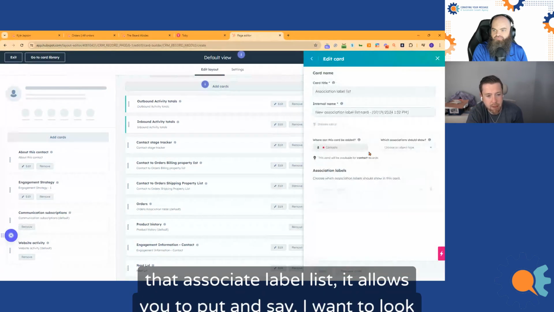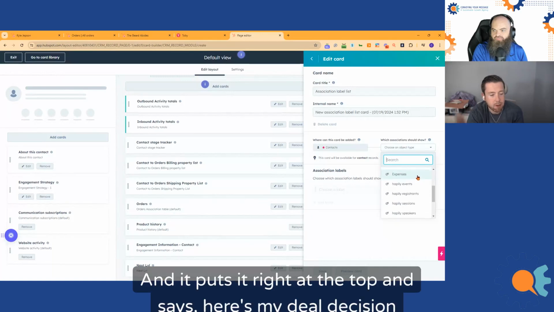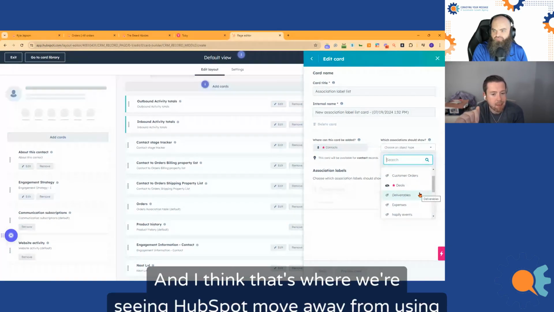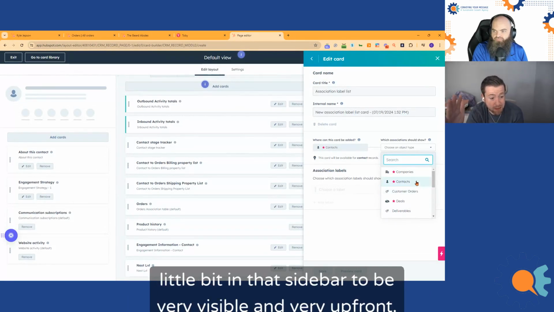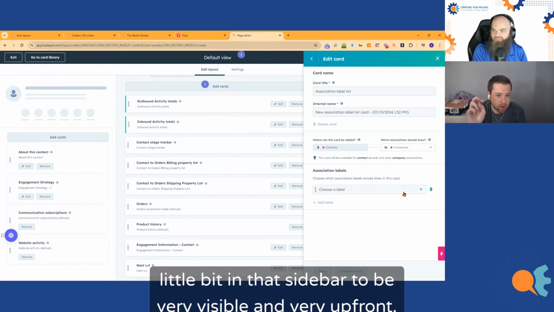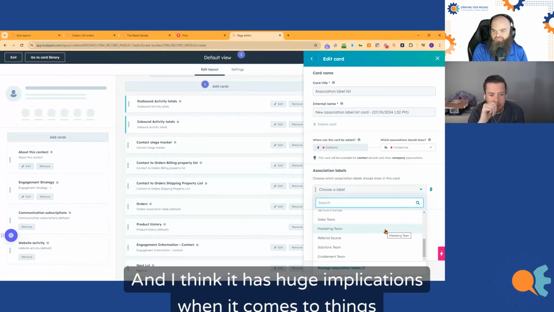Yeah, that association label list allows you to say, I want to look at associations that have this. And it puts it right at the top and says, here are my deal decision makers. And I think that's where we're seeing HubSpot move away from using that sidebar and bringing that data that's currently kind of buried a little bit in that sidebar to be very visible and very upfront. And I think it has huge implications when it comes to things like